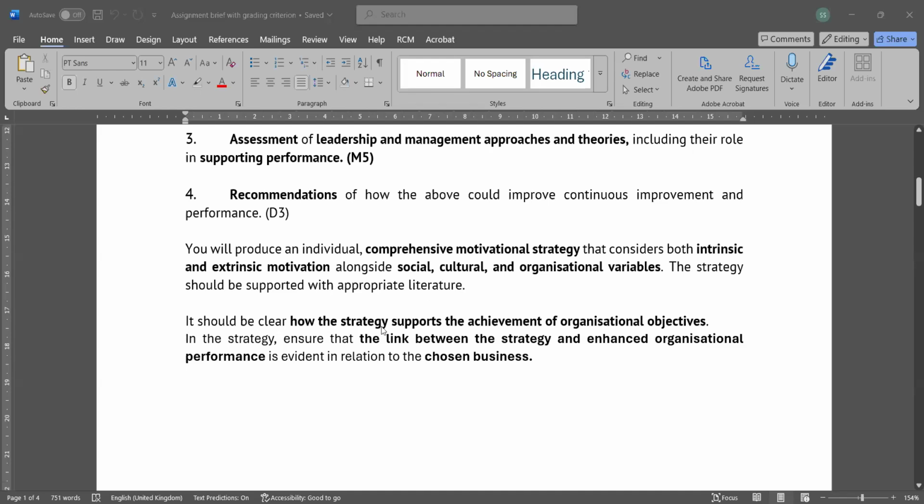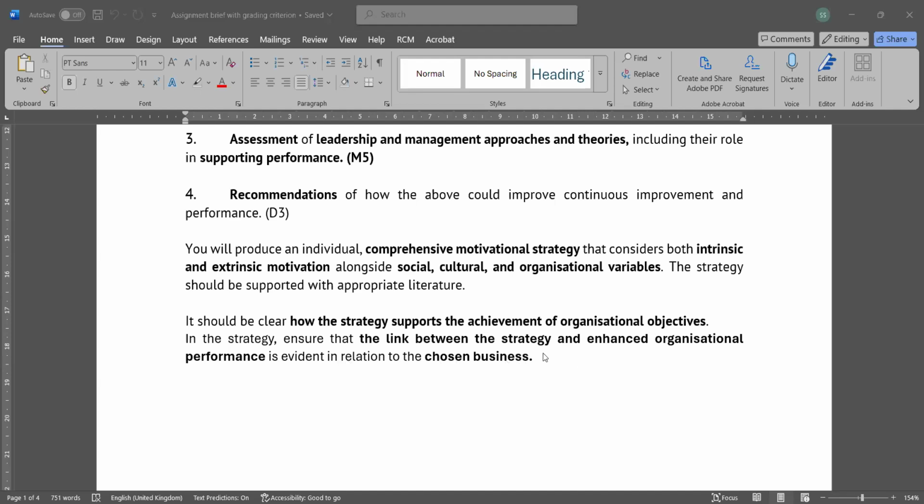It should be clear how the strategy supports the achievement of organizational objectives. When you are designing your strategy, you need to link how the strategy supports the achievement of the organizational objective. Ensure that the link between the strategy and enhanced organizational performance is evident in relation to the chosen business.